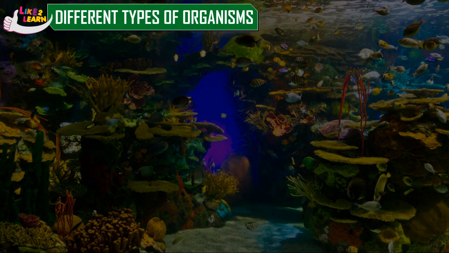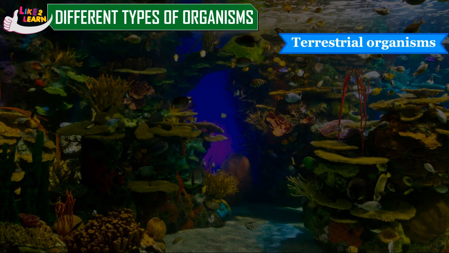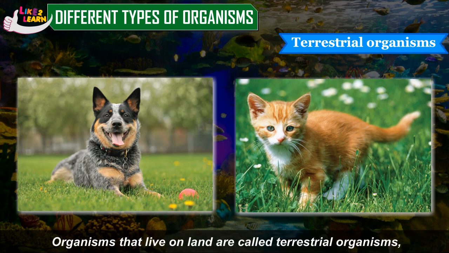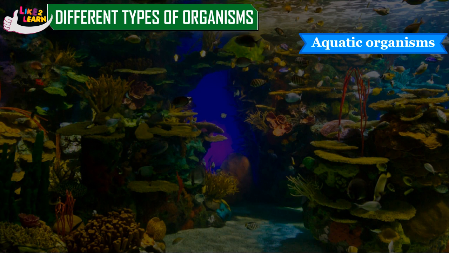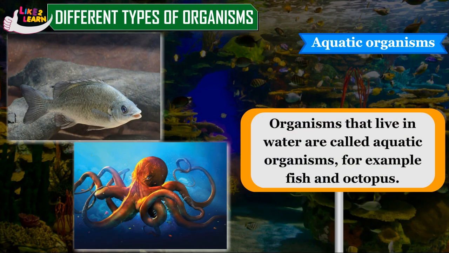Different types of organisms. Terrestrial organisms. Organisms that live on land are called terrestrial organisms. For example, trees, dogs and cats. Aquatic organisms. Organisms that live in water are called aquatic organisms. For example,